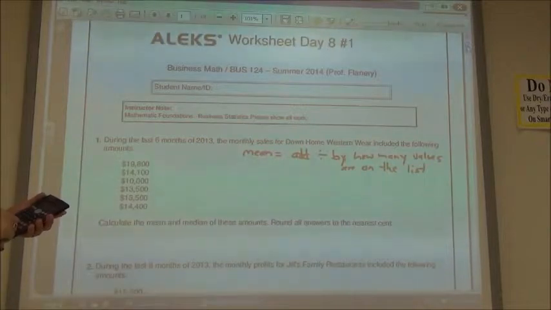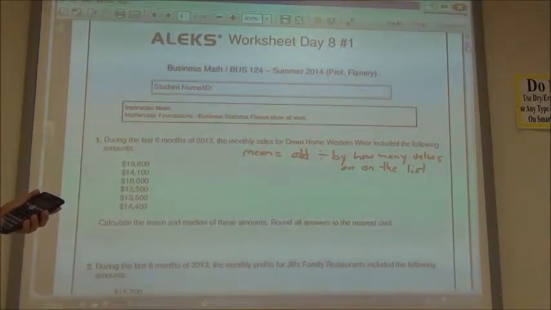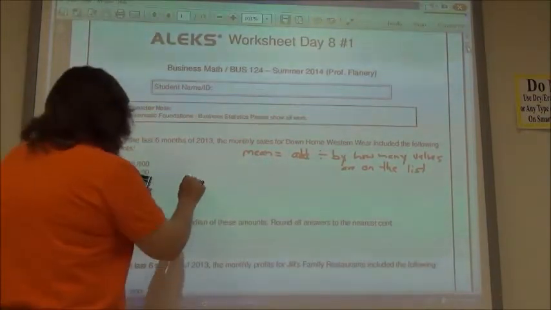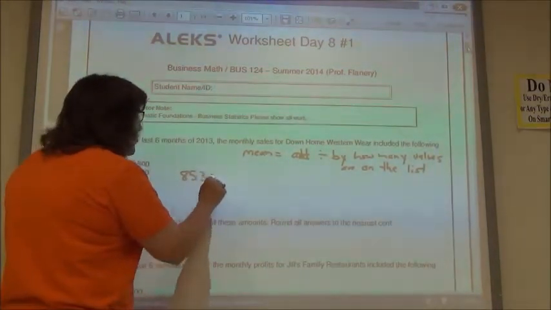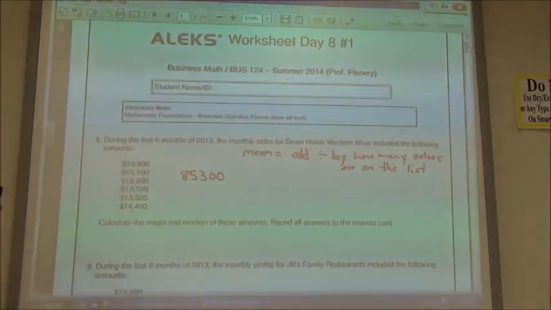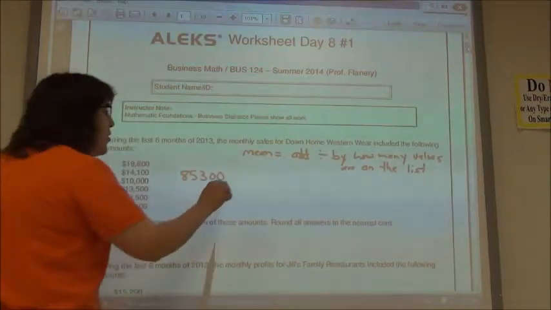So I'm going to take 19,800 plus 14,100 plus 10,000 plus 13,500 plus another 13,500 plus 14,400. My total is 85,300. You do have to total them and find that number first, and then what you're going to do is